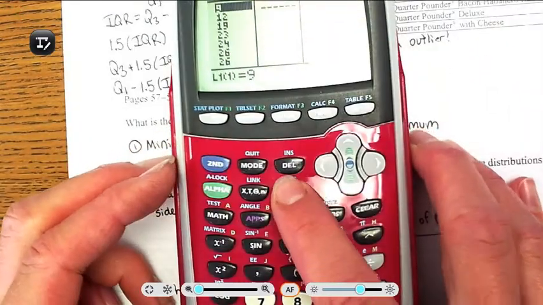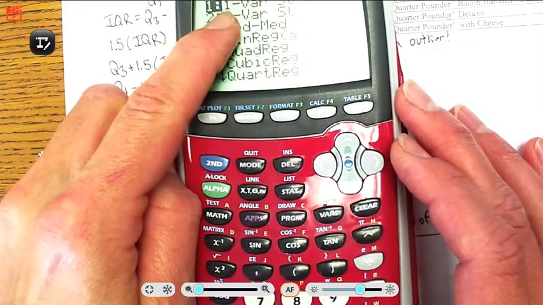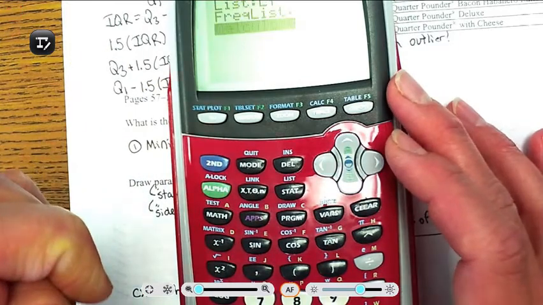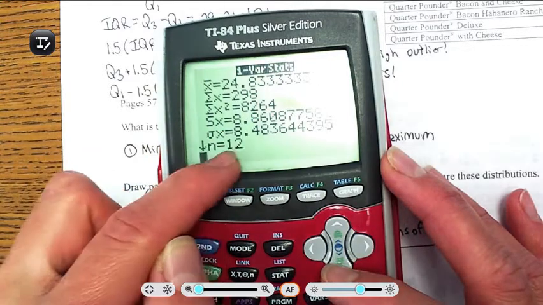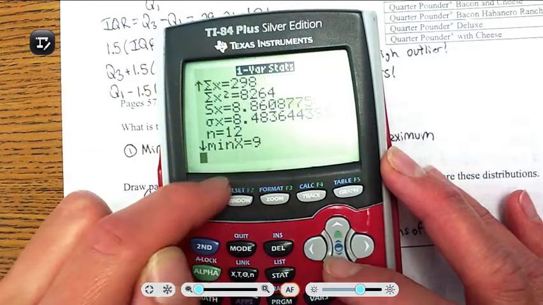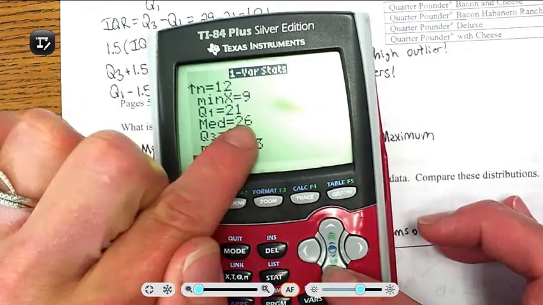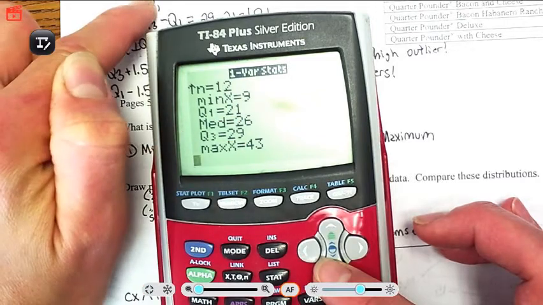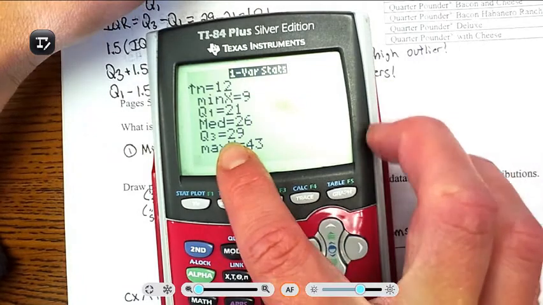I want to go stat, calc, 1 variable stats, and I want to pull from my L1. I don't need a frequency list. Well, here's a whole bunch of information. There's my mean, there's my standard deviation, population standard deviation, number of observations. Here's my 5-number summary by pressing down. Min is 9, Q1 is 21, median is 26, Q3 is 29, and